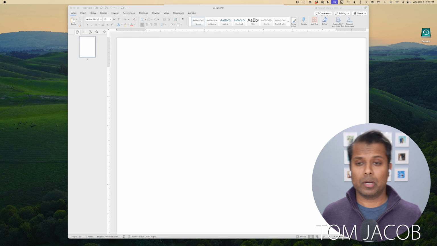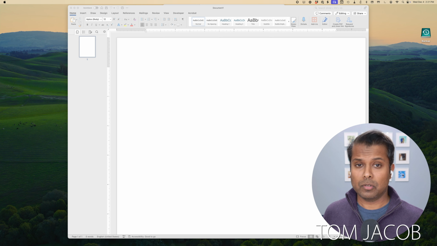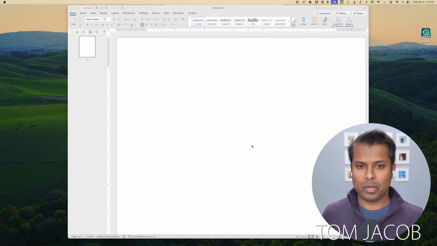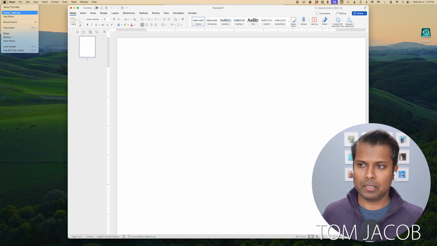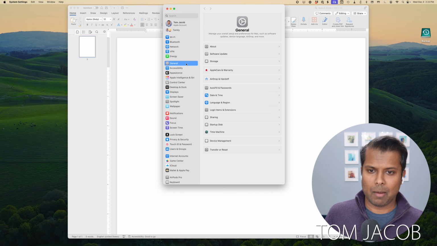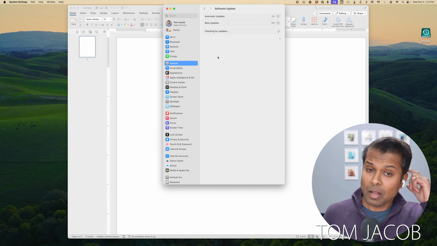Okay, so you want to know, how do I get these features on my computer? In order to get the Apple Intelligence features on your computer, there are a couple of things you have to do. First, you have to make sure that your computer is up to date using the most recent version of macOS. The way you do that is you go up to the Apple menu, click System Settings, and come down to the General tab right here. Under the General tab, you'll see a Software Update. So you can click Software Update,